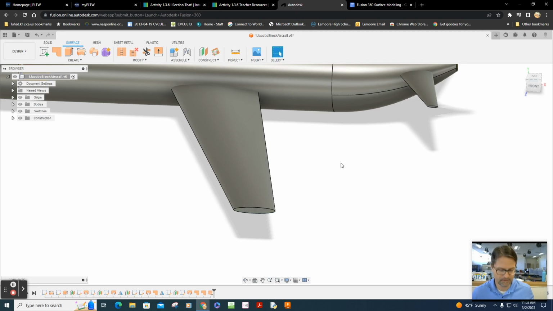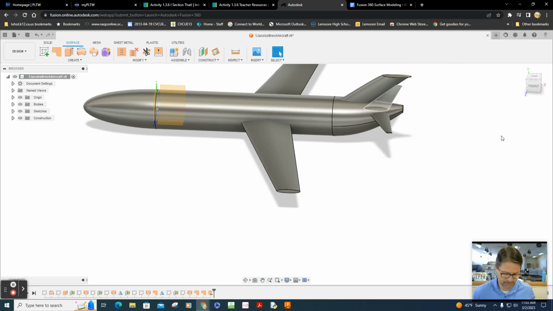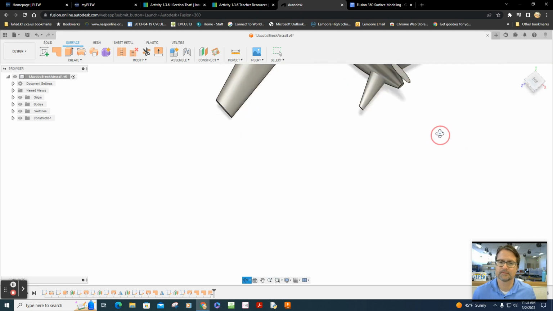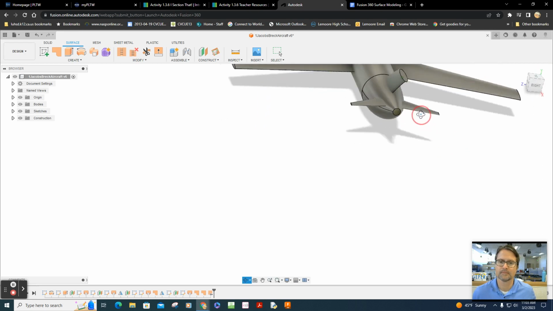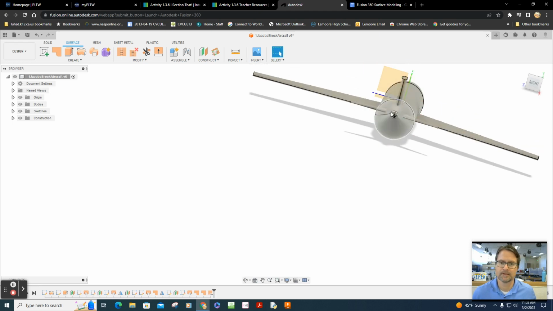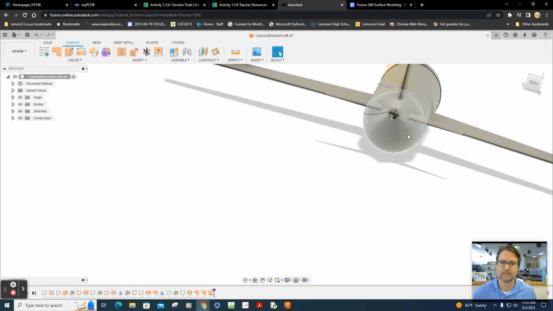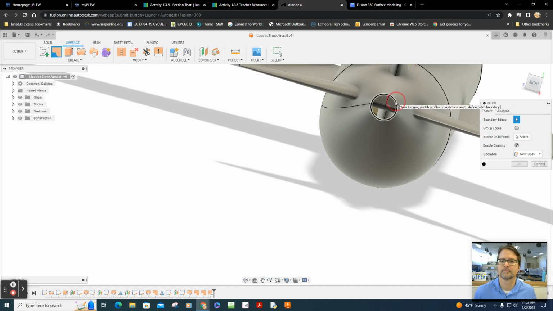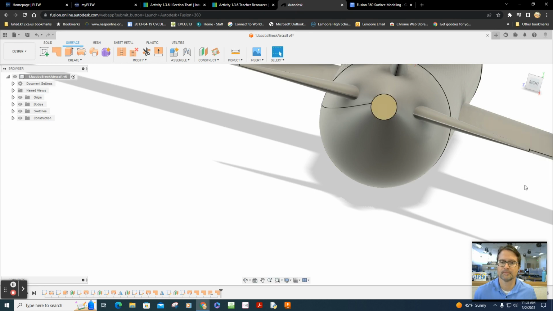All right, let's see how the other side is. I know that I mirrored that, so I wonder if it just updated it. Let's check that out. Oh, the back side needs to be patched. Yep, so you can see inside of it. See that? So that needs to be patched. And let's go okay.